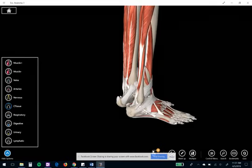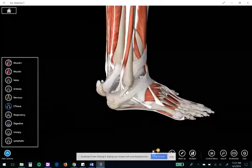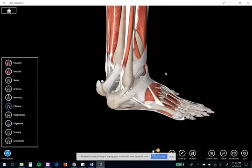If these aren't strong, then this can't be strong, because at this point when these are torn, this is the only thing that can support it. So that's why it is really important, if you've had an ankle sprain, to work on strengthening and stabilizing that foot and ankle complex. Also, in order just to prevent injury, if you do more dynamic type activities, so think